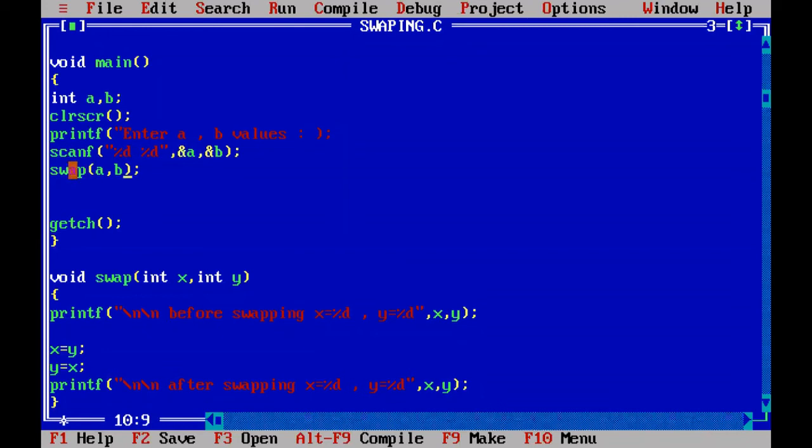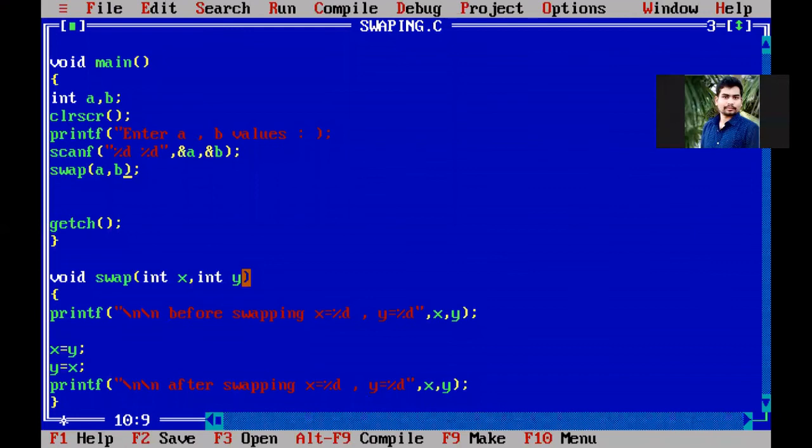When you make the function call and you are also passing a comma b values to the called function, controller immediately jumps to the user defined function with the swap name, and into the x a value is copied, into the y b value is copied.